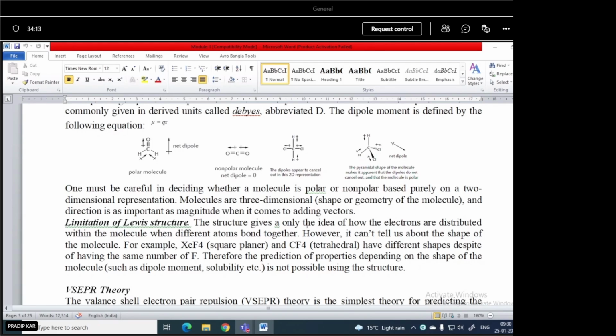Second, the geometry of the compound is not explained in the Lewis structure, like in case of CH2Cl2, as per Lewis structure, we can draw